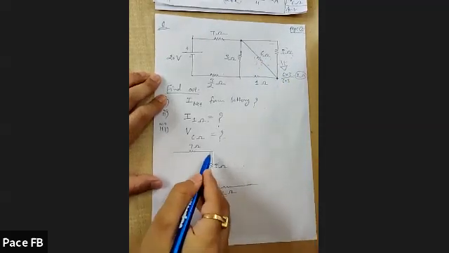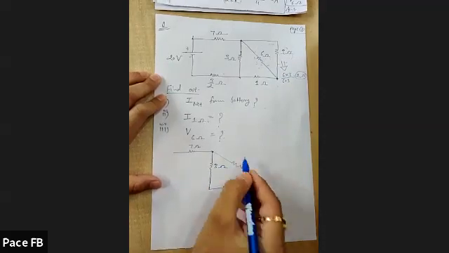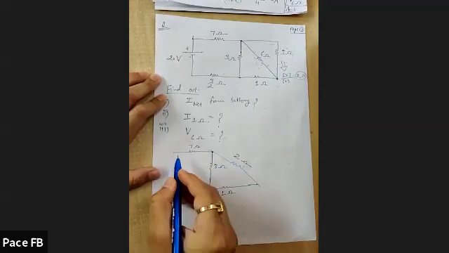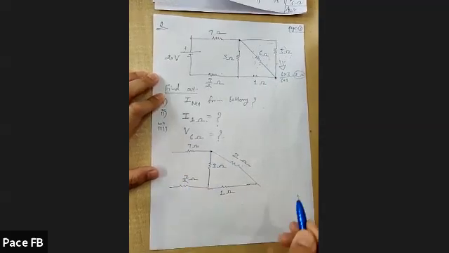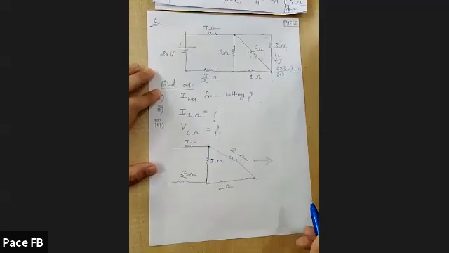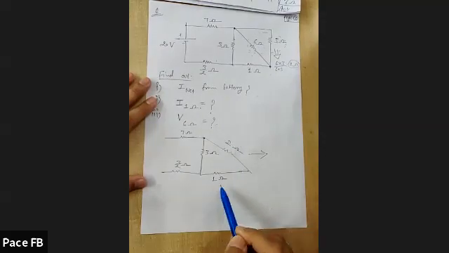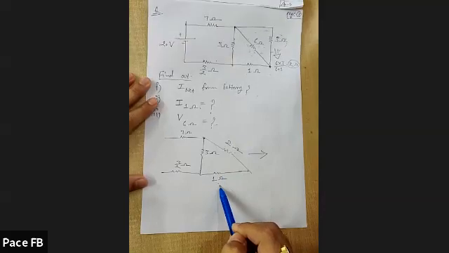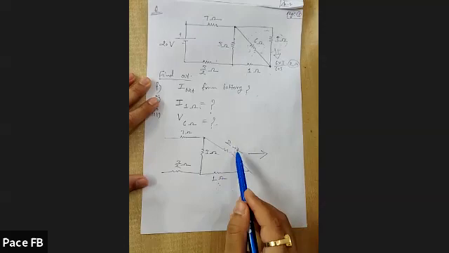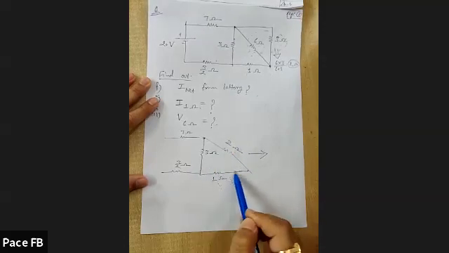And now I am connecting this 2 ohm across these 2 points. So this one is the 2 ohm. And this one is how much? 3 by 2 ohm. Now, can you see this 2 and this 1? They are connected in series with each other, this 2 ohm and 1 ohm, because the same current is passing. The same current will flow through both of them.